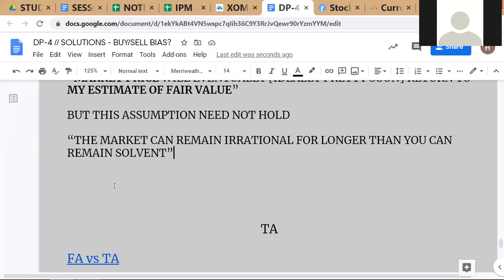Now, this is a famous quote from John Maynard Keynes. He was an economist, and you might have heard of Keynesian policies. They are sometimes inappropriately applied to Keynes, but this is the source of that name. So Maynard Keynes is a famous economist and also a famous money manager. He managed funds for universities, and he did pretty well. So what he's saying is that the market can remain irrational for longer than you can remain solvent, which means